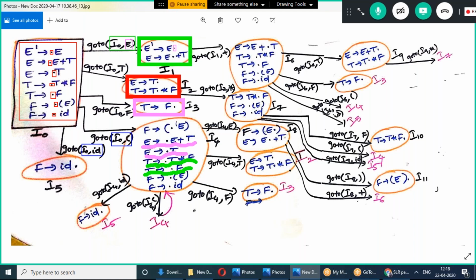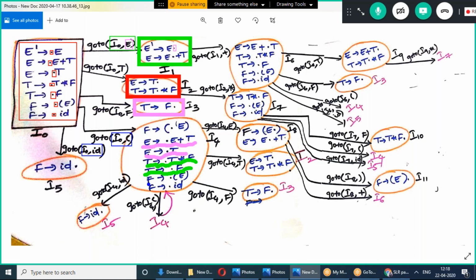After dot there is a T, so we need to write T productions. We go here and check. These are the two T productions and we already wrote those. No need to write again. So next, T tends to dot F. So F productions we need to write.